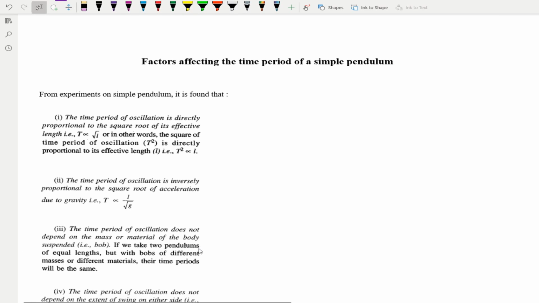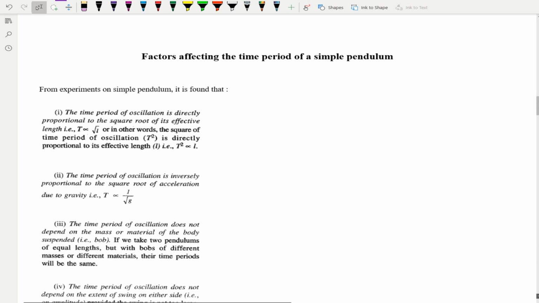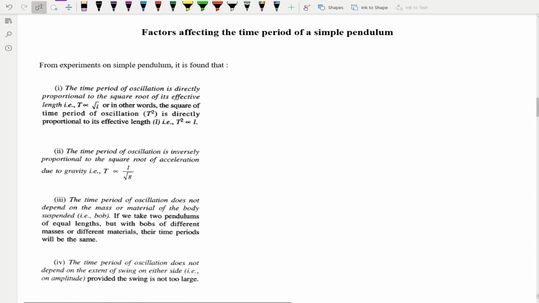So we have done experiments and noted down a few things, as we already mentioned in the first video of this chapter, measurement and experimentation, that science follows the concept of first studying how a thing is happening and then reasoning out mathematically the factors on which that phenomenon depends. Performing this experiment, we noted that the time period depended on a few things, so we study those. All these experiments you can do in the physics lab; they are there in your syllabus.